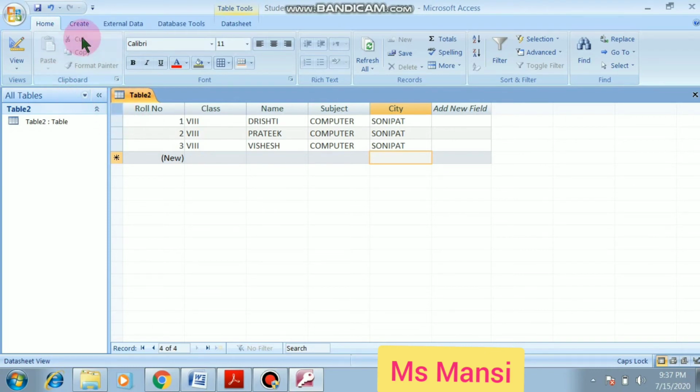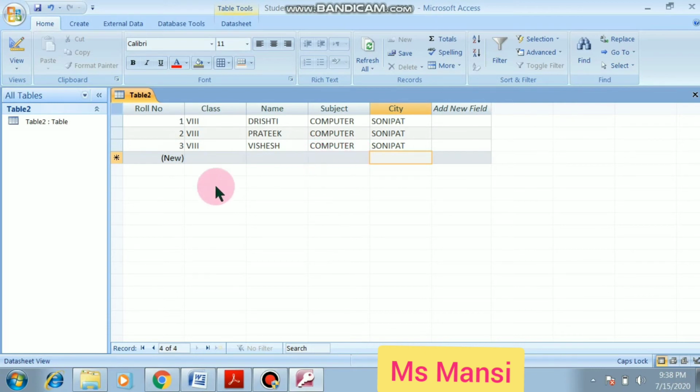After this, this table looks like an Excel spreadsheet. And in this spreadsheet, when we enter new data, a new blank row will appear automatically. Look here, if we enter new data in a row, automatically a new row will appear.